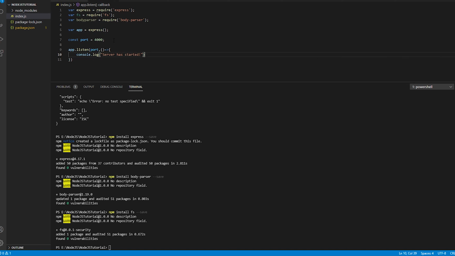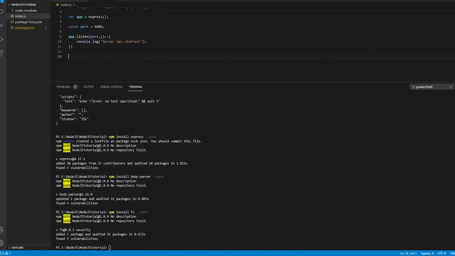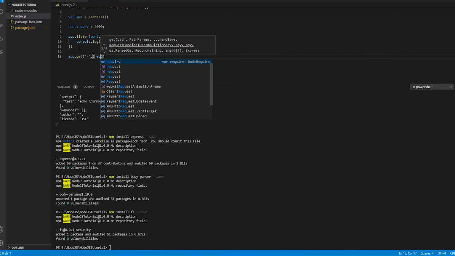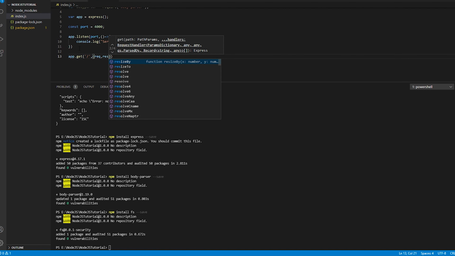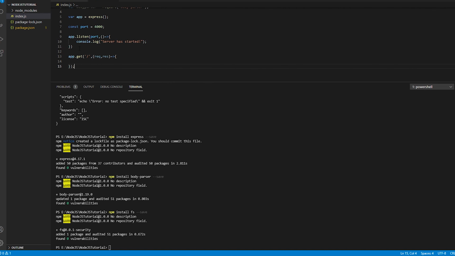Let's try to get a basic connection from the server. We will try a get connection. For this, we will type app.get. This wants a URL. This URL will be the one that you want the server to listen to. We will be using the default one, which is localhost, and the port is 4000. Adding a backslash is not compulsory as it's just the default path. We will create a callback block with a request and a response.